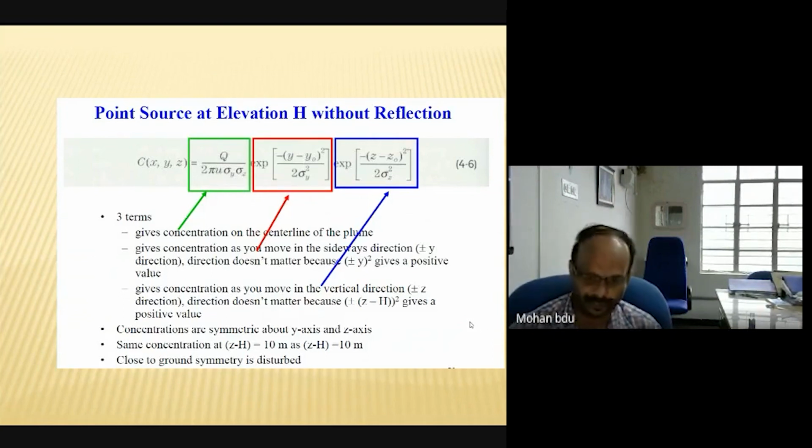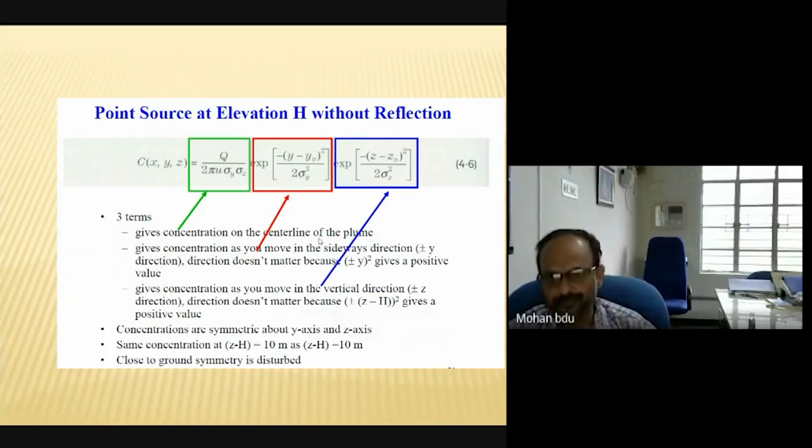You know, if you take a cross section of the plume, the center part of the plume will have the highest concentration of the pollutants, and this gets dispersed vertically and horizontally. So this particular equation predicts the concentration at the center line of the plume at a given point x. Whereas as you move sideways, that is the y direction, actually the direction doesn't matter. It can be y1, y2, or y, either side. So this is the equation that predicts